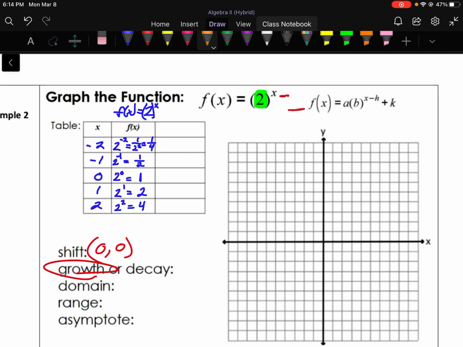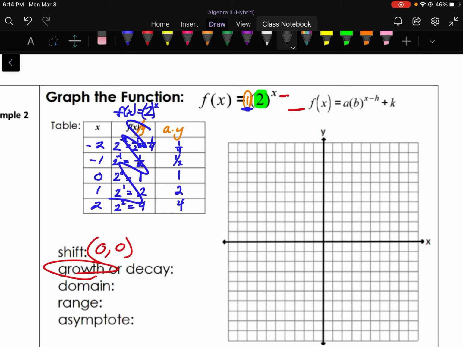The last column, just like before, would be a times y. We have an a value, but it's just 1. So 1 times that y column, or f of x column. Remember, f of x and y are the same thing, whatever you want to call it. So in this case, we'd be taking 1 times all those values. So this would just be 1/4, 1/2, 1, 2, 4, because my a value again here is 1. So I am actually going to scribble out the middle just like before. You use that middle column to get to the last column, and then you plot those points from wherever your